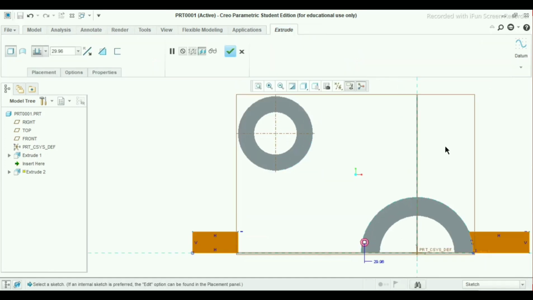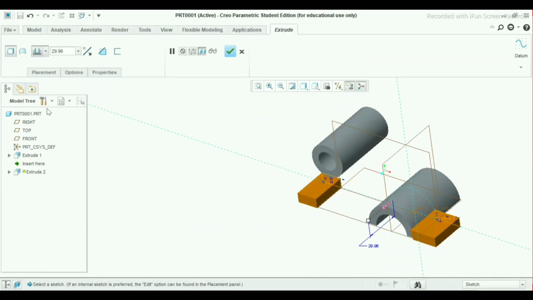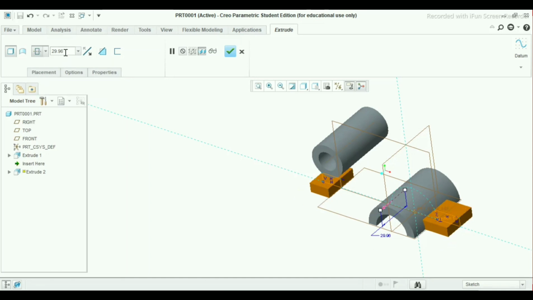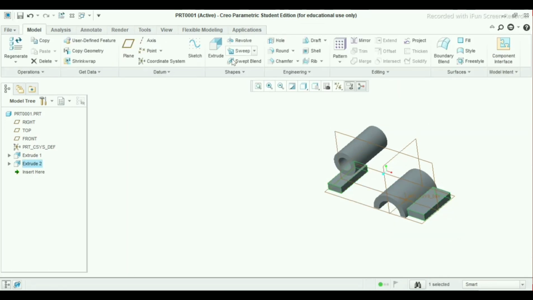So press OK. Take the end condition as midplane and make this 46 mm. Click OK.